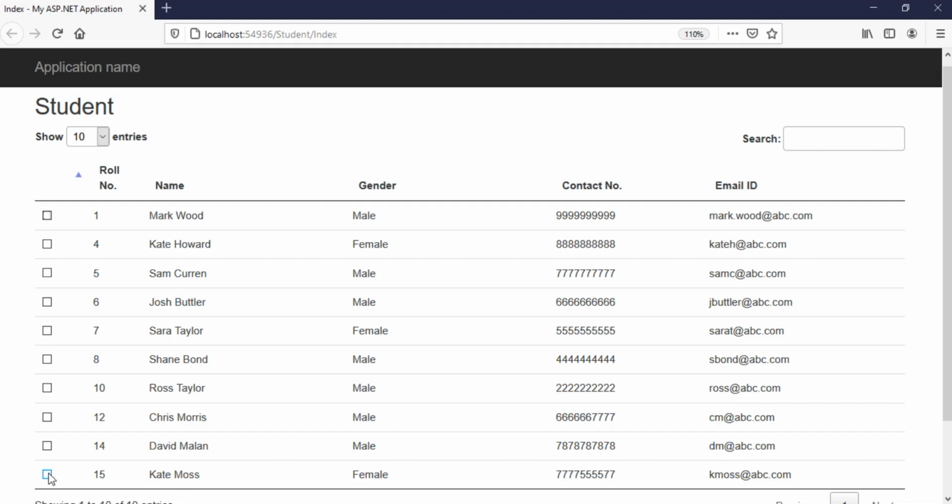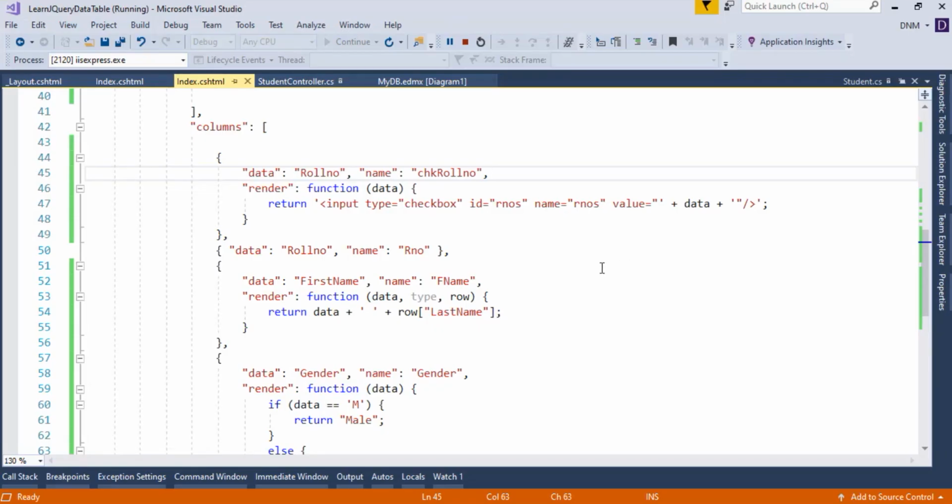As you can see here, we have assigned the same name RNOs or same ID to all the checkboxes. So whichever checkbox you select, you can get it in the comma separated form. Remember this thing, but you have to fetch this value through client-side scripting, or basically through jQuery. Now let us move on.